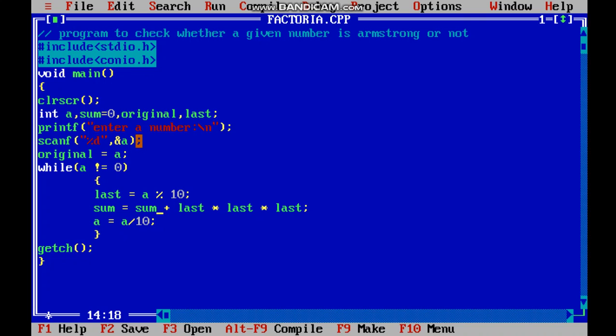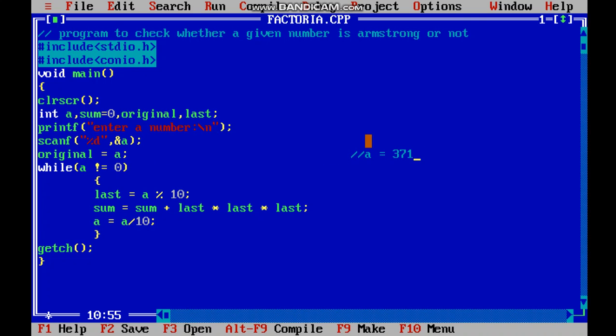So guys, what we did here is, let us check. Suppose we got the value of a to be 371 from the user, right? And the very next step we did is we assigned a value in original.